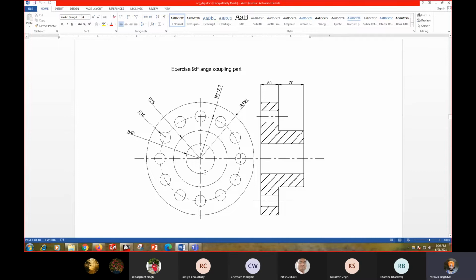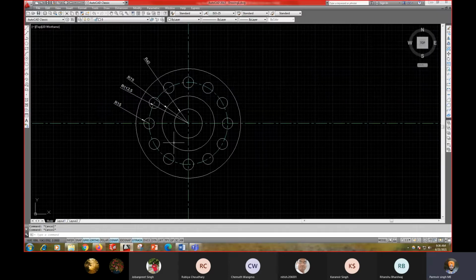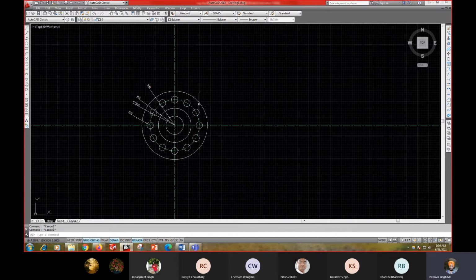You can use the line command, but for me, I can use the offset command. So let's draw the offset. O for offset. Then you have to define the distance.